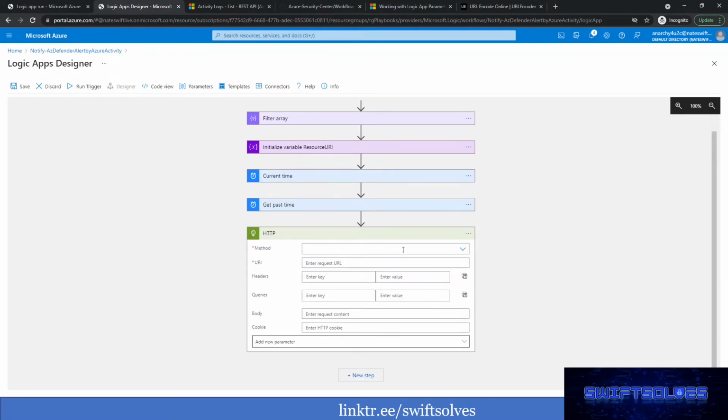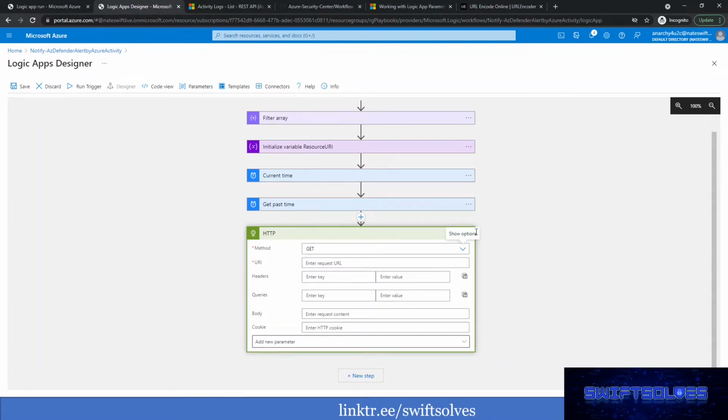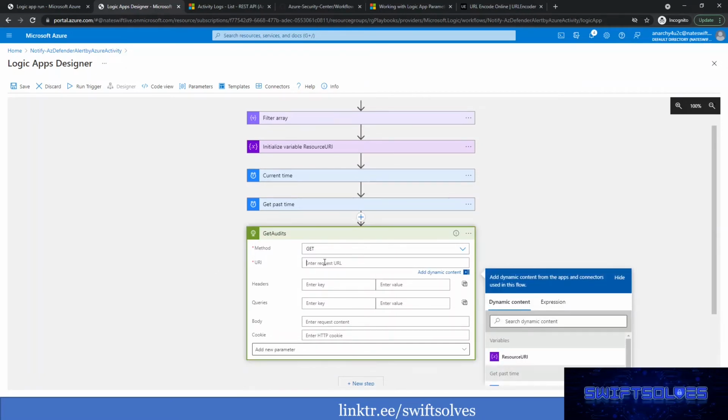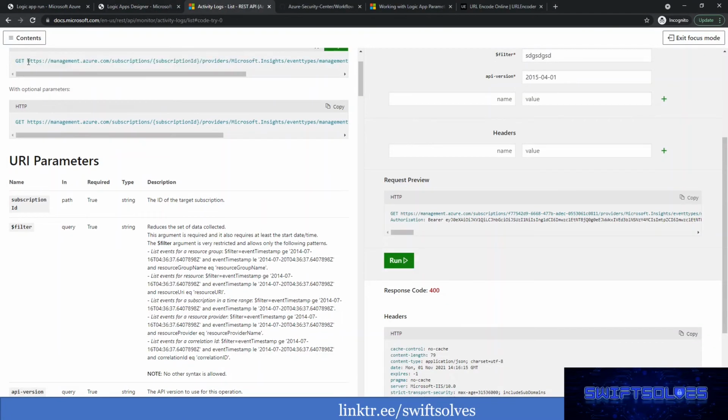This allows us to make a call. In this case, we're going to make a GET call, and we're going to update this as well. We're going to change the name so that if someone's looking at this and reading this, they'll be able to make some sense of it. Get audits. So we're going to get the audits involved. Before I put a URI in, I'm going to just put in the base URI, which is going to be a GET call at